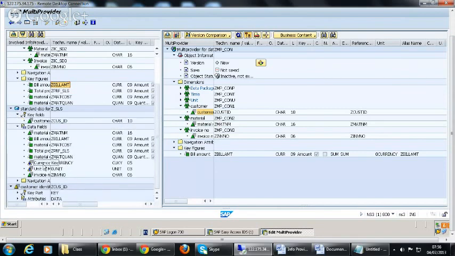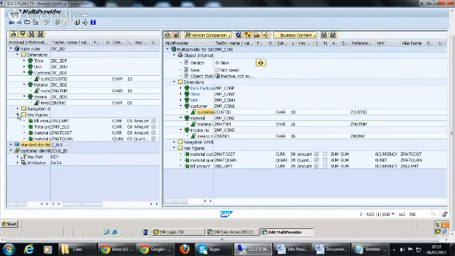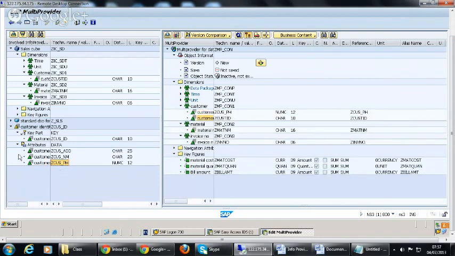We already selected the customer ID, so you select, let's say, other key figures like bill amount, cost, material cost, and material quantity. Here we could have selected from this one as well, but we already have a customer ID, so we don't need that. We have attributes here: customer name, customer address, customer phone number. So let's add customer phone number. So we add it, and now we'll see what to do.